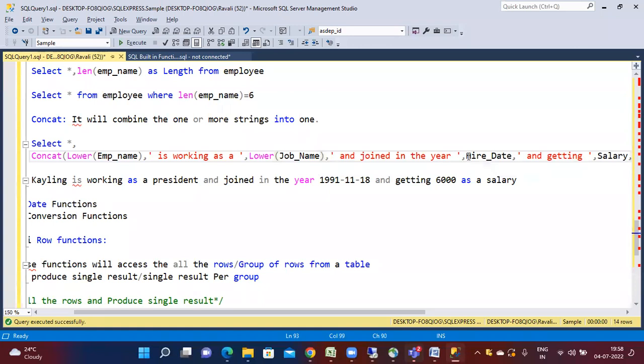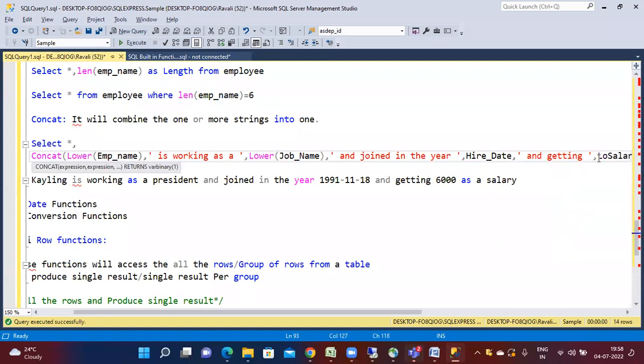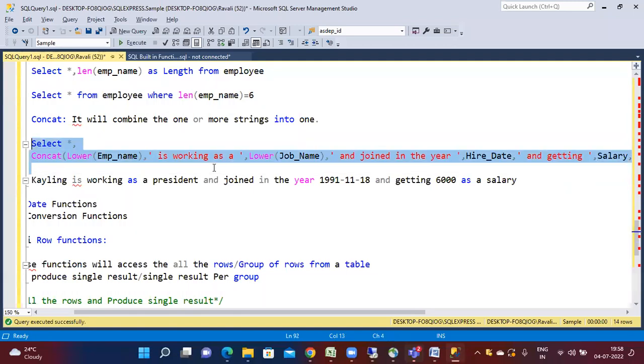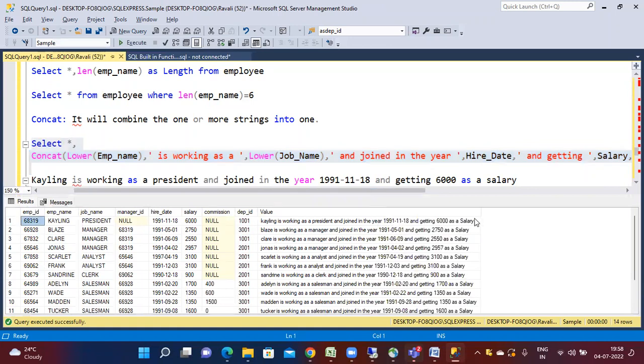See, here you can't apply it on everything because these functions only apply on strings. Otherwise, if you want to convert everything at once, instead of applying so many lower functions, what you can do is